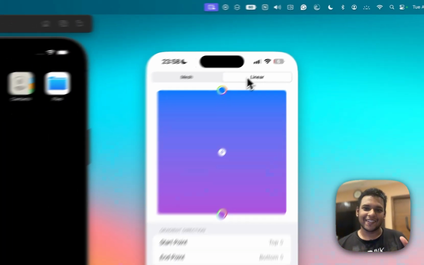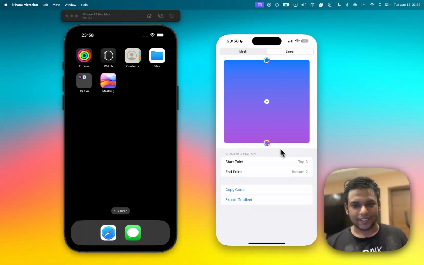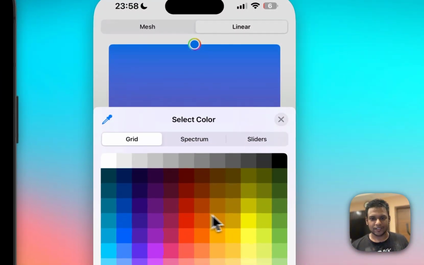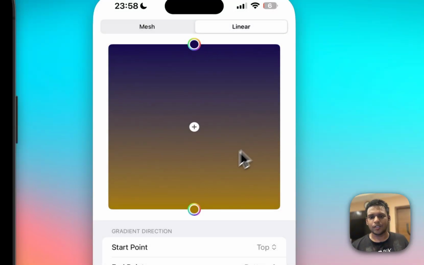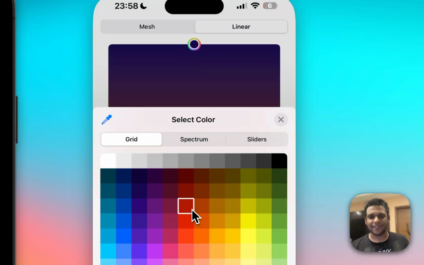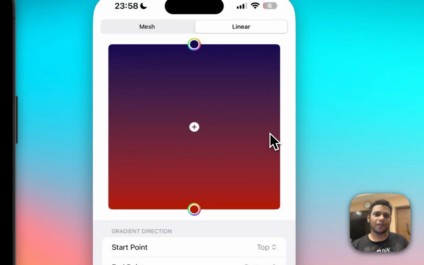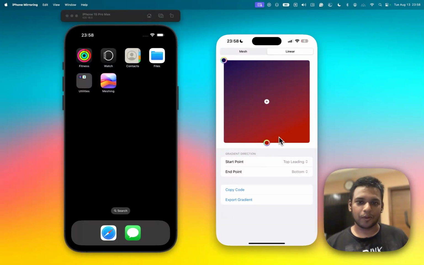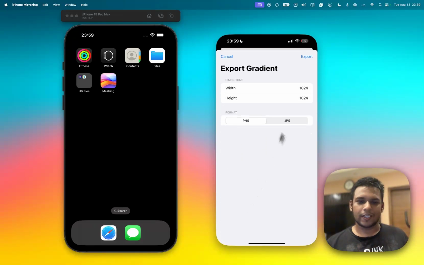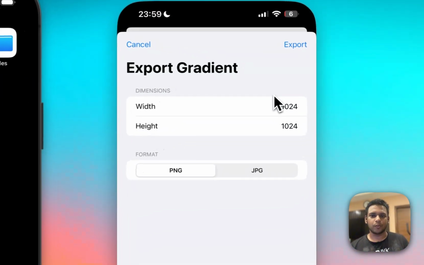So the idea with the linear gradient is that you can have a color that you can change around and just work simply like how you would work with a mesh gradient, but with a linear gradient. That is a trade-off for my iOS 17 users, but it is really good as well. And then you can have a starting point and a bottom trailing point for it, so it looks much nicer. And then use the same kind of code to export and get the height and width and export